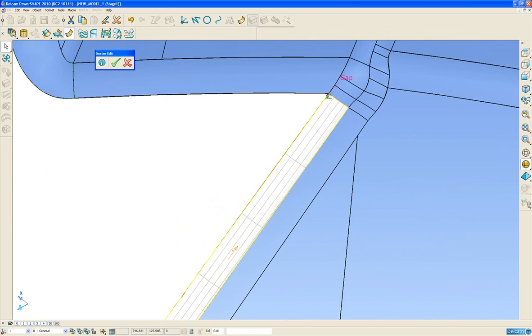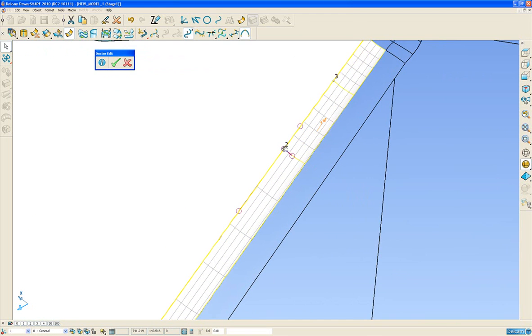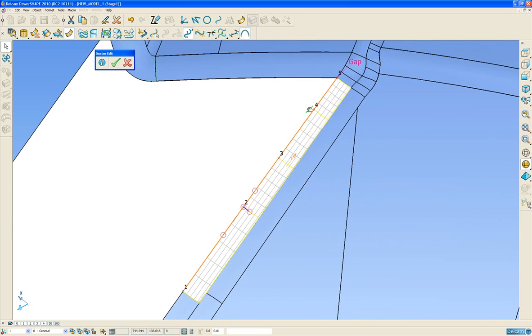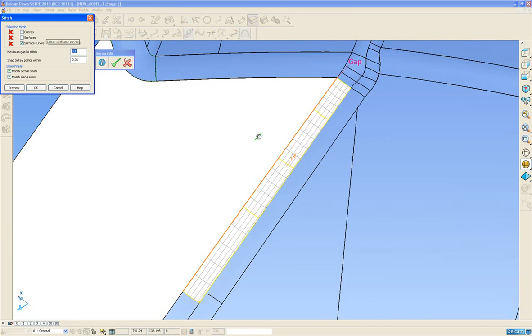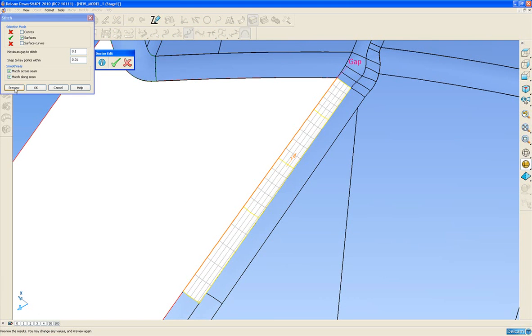And to do that we're going to simply select one edge of the surface, hold down Control and drag in a couple of intermediate surfaces in this region, like so, in the region where the gap is, and then we're going to stitch that surface to the adjacent surfaces, like so,